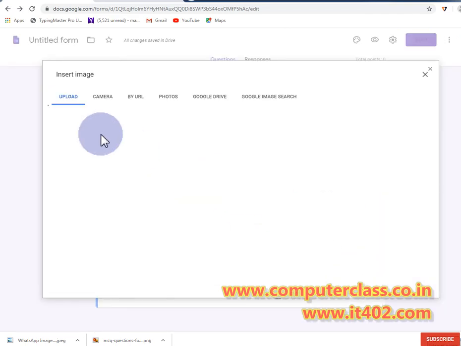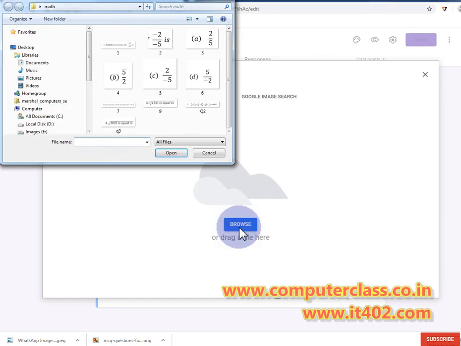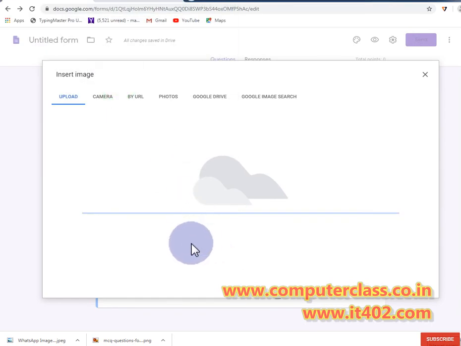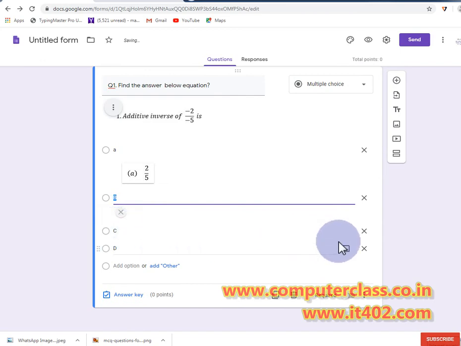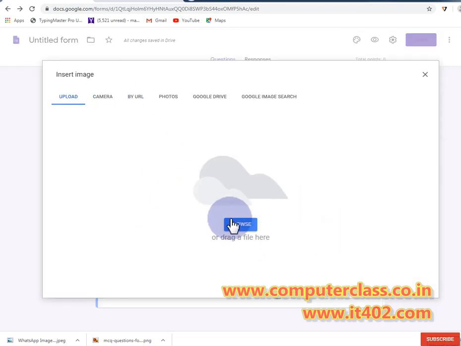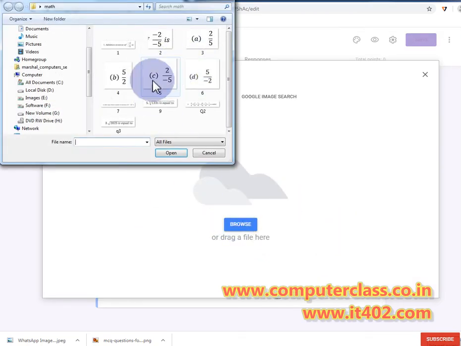Click on here, click on browse, click on the 4th option. So this is the last step. You can insert all these pictures easily.